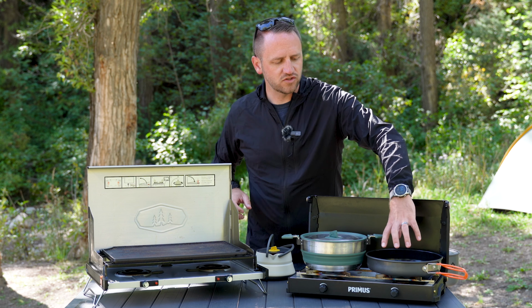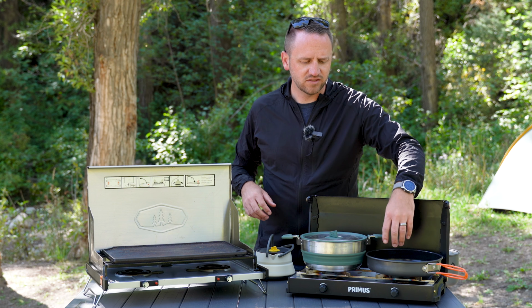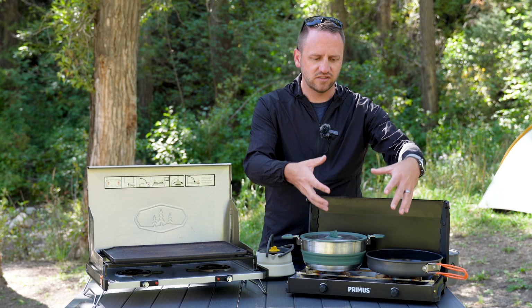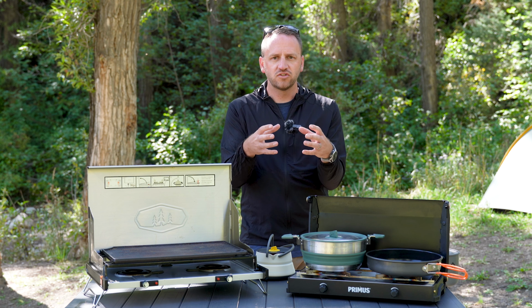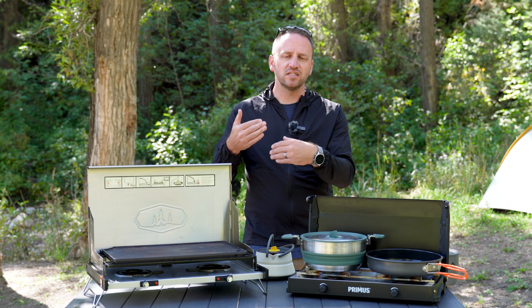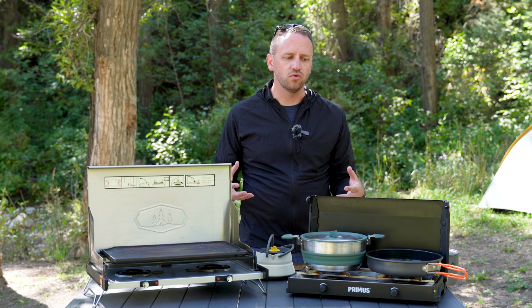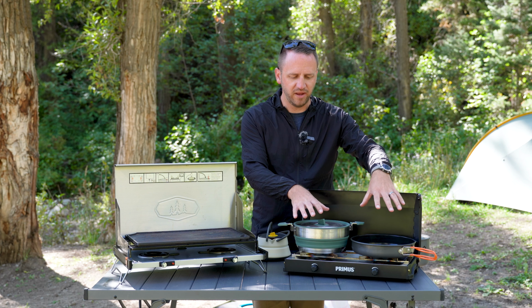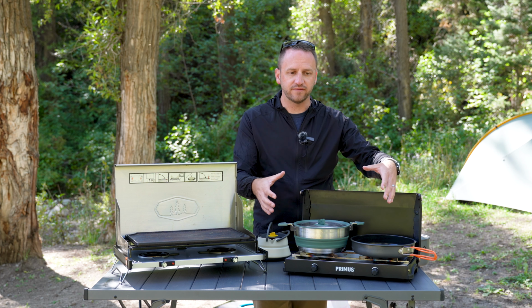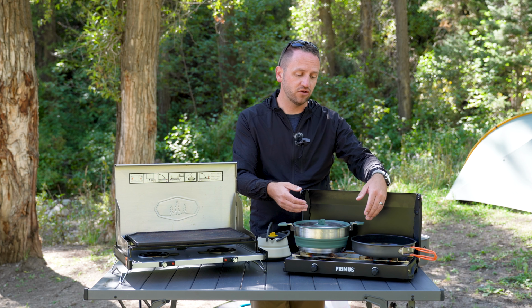here, but I can also cook my chicken first, set that aside, then get my sauce going, and I can do that simultaneously. If I'm only using a 1-burner stove, then that slows things down pretty significantly, and it can make it harder for you to do more complex meals like that. But notice how large these pots and pans are. You have plenty of space for these to be side by side and do all of that cooking that you